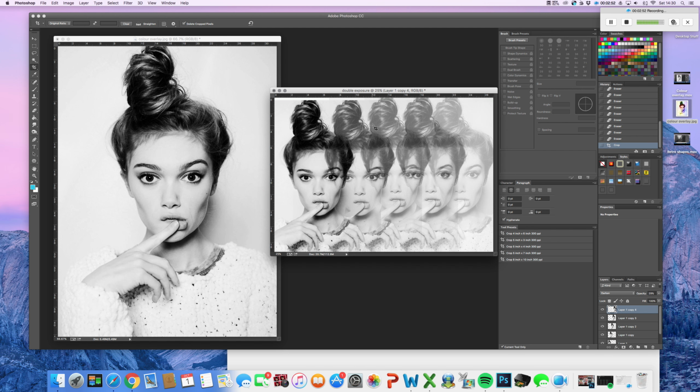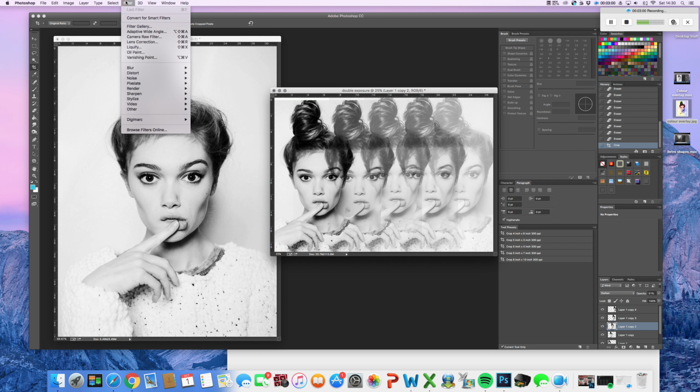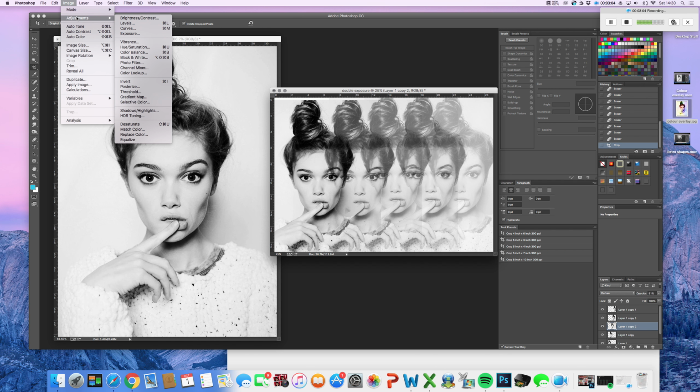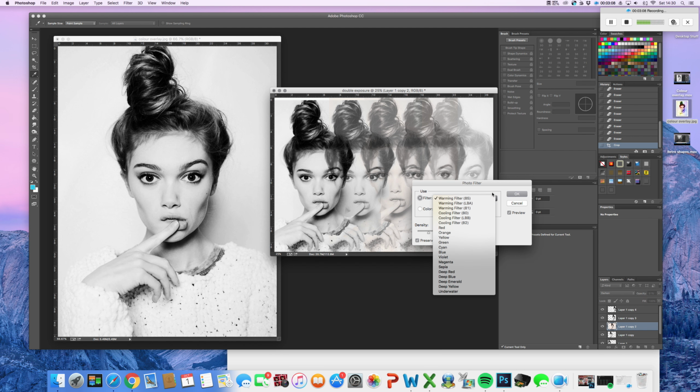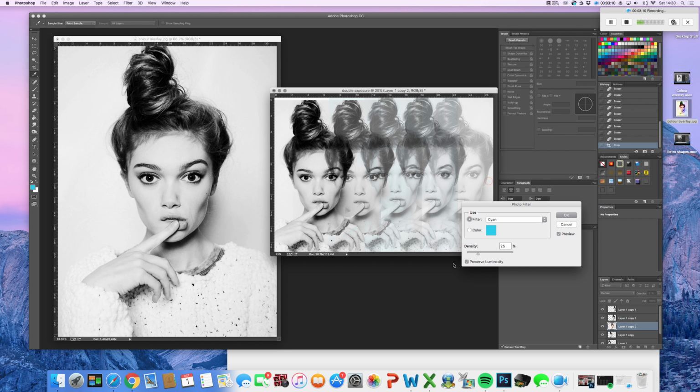The other thing you can do with this, if you want to add a bit of colour to it, I know it's a black and white image, is you can choose one of the layers, then you can go to Filter, and then you go to Adjustments, and then you go to Photo Filter, and then on here you can actually add one of these colour filters. So you might wish to add maybe a blue filter,